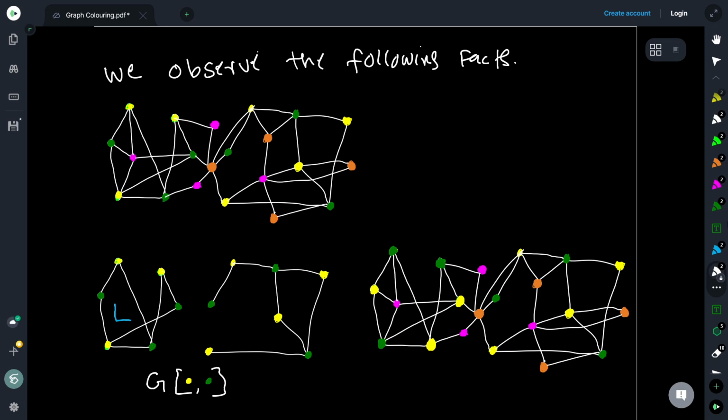Now what I do is that I look at the entire graph and take this specific vertex set of this component L, and in L I know that the vertices are colored with yellow and green. Right? So I'm going to take any permutation of the colors in L. Which means that there are only two here, so therefore I am going to just basically switch yellow to green and green to yellow. Right? If there are three, I can take any permutation that I want, right?